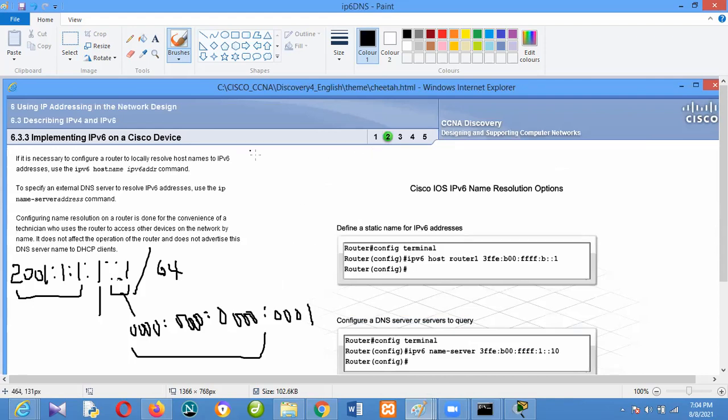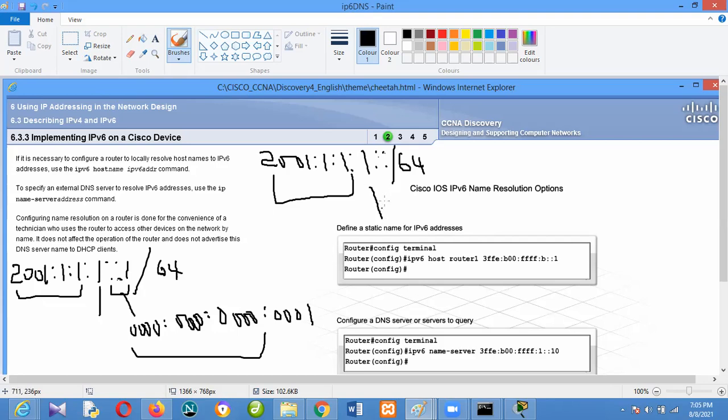Now, if I do 2001:1:1:1:: /64, if you look at this place, from here to here is my global routing prefix.